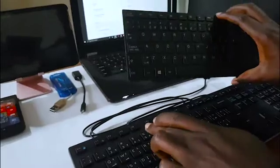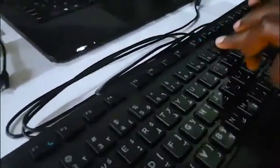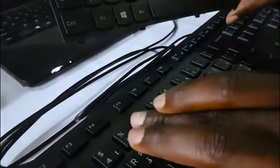So this consumes a little less space compared to this big keyboard. As you can see, it is consuming almost all of my desk. So that is why I decided to upgrade my keyboard. When you compare the keys, at least there is a less key travel distance. As you can see,